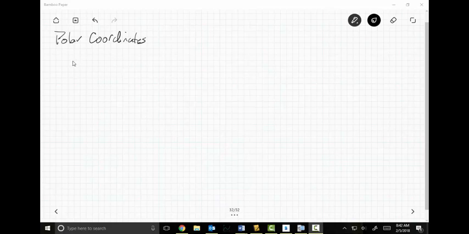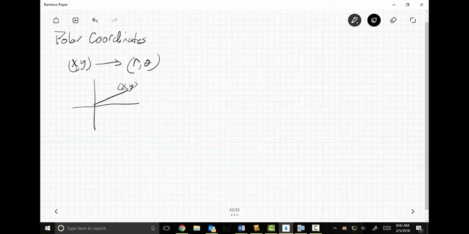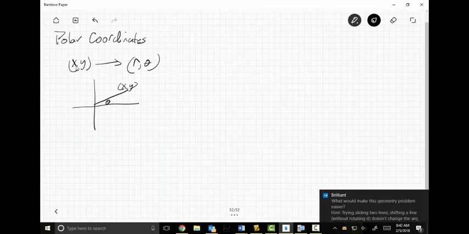Just remember that a polar coordinate, instead of x, y, which would be a rectangular coordinate, you'll sometimes hear this referred to as Cartesian coordinates as well, we turn that into r comma theta. So if I've got some point out here in x, y land, then theta is the angle made with the horizontal, and r,